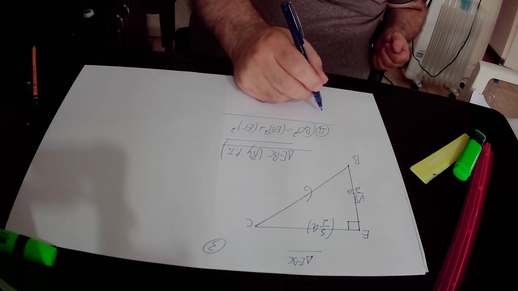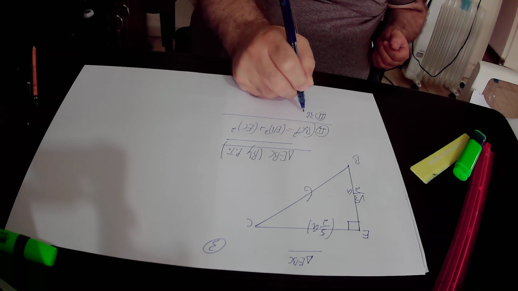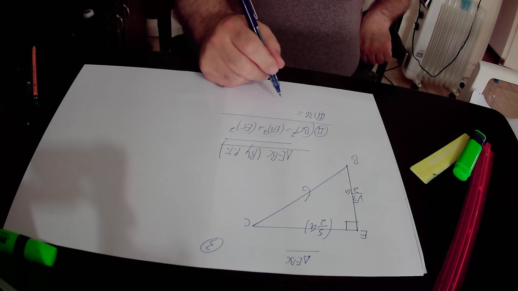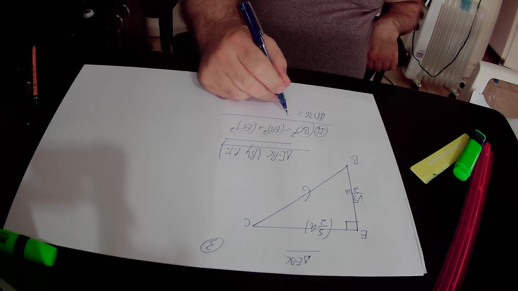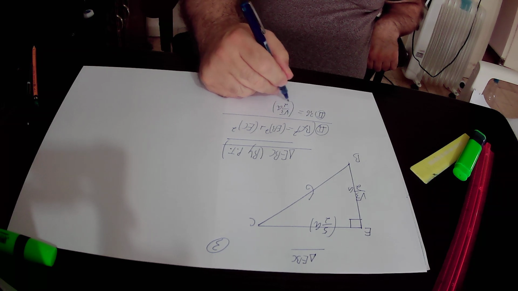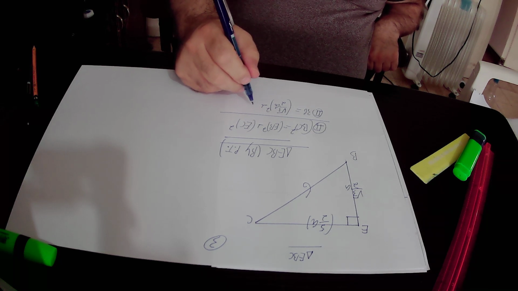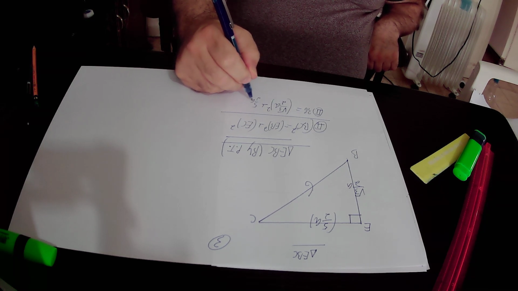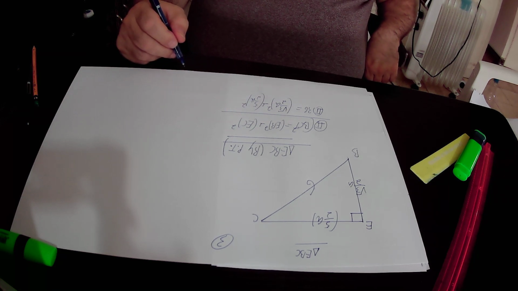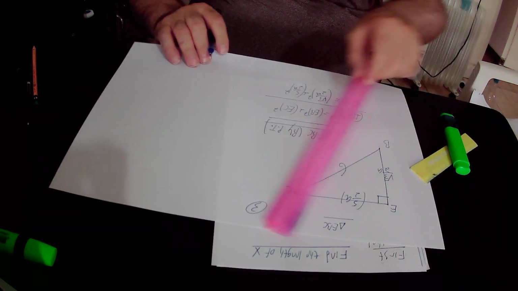So BC equals 6 units, so BC squared is 6 squared, that is 36. And it is equal to EB squared. EB equals square root of 3 over 2 times A. So EB squared is square root of 3 over 2 times A squared, plus EC squared. EC equals 5 over 2 times A. So EC squared is 5 over 2 times A squared. So here we will get that, according to equation number 2,